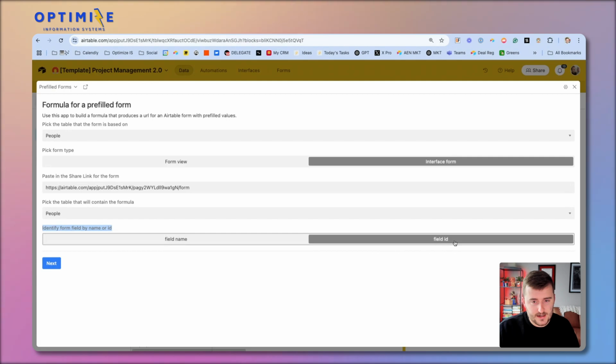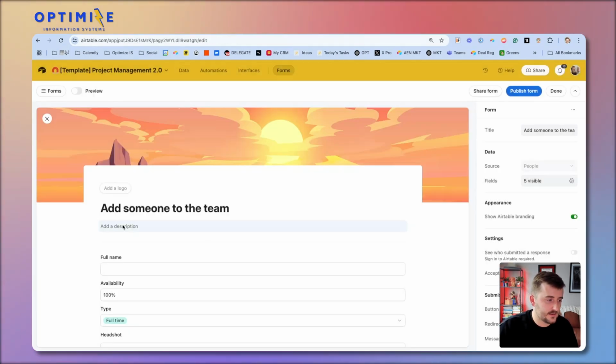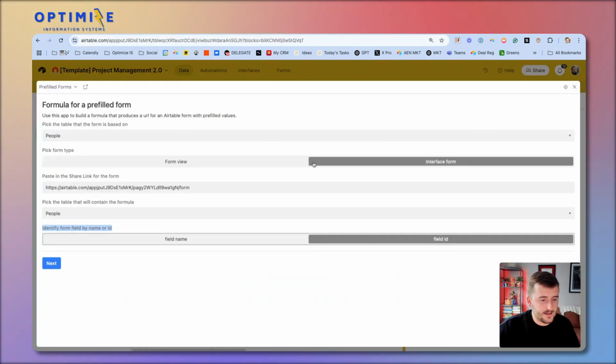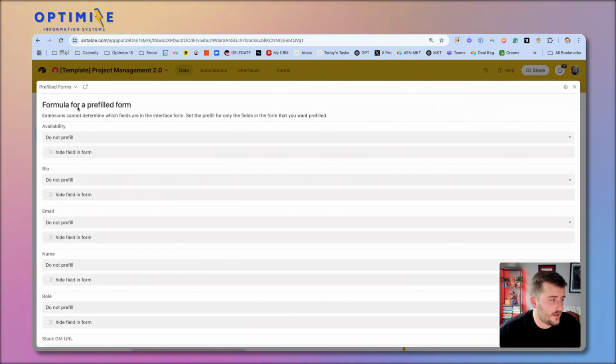I typically pick ID. You would pick name if you're not really going to change the name or the questions on the form, what things are labeled on here, very frequently. But I choose to use IDs typically because I want you to easily be able to change those. Airtable accepts either of them in the pre-fill formula, but this is now going to let you